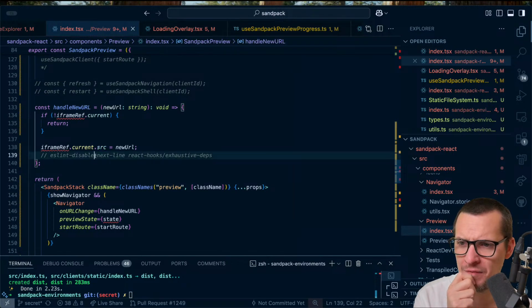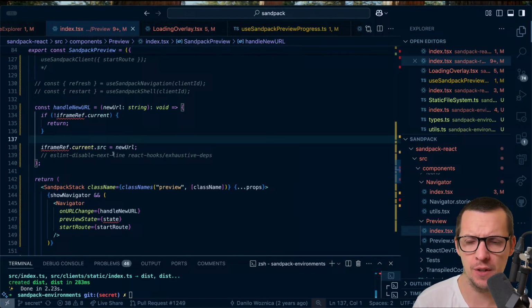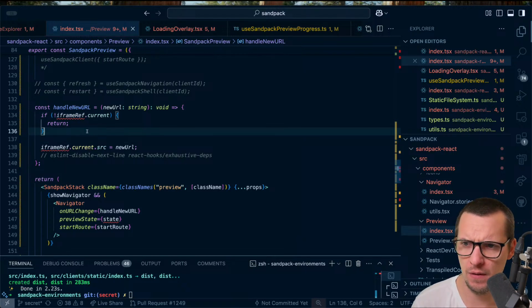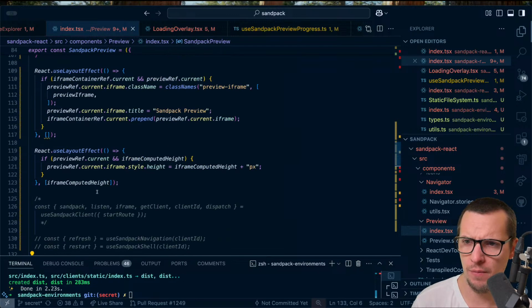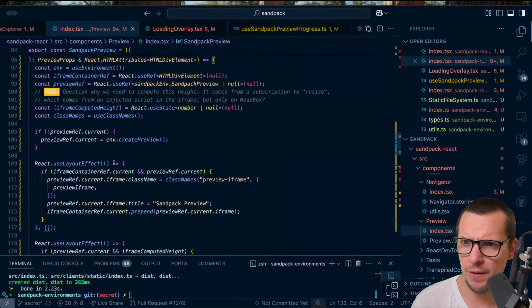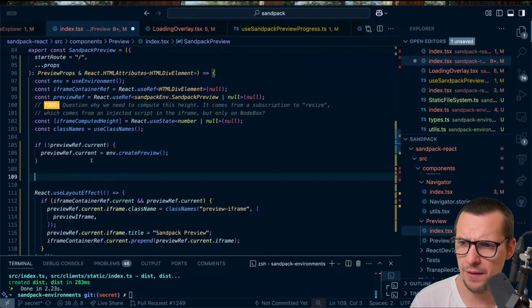Yeah, and I'm not sure if we really want to set the URL directly here. We rather want to expose a method to set the... But one thing that I dislike is that we... okay, I think we're gonna